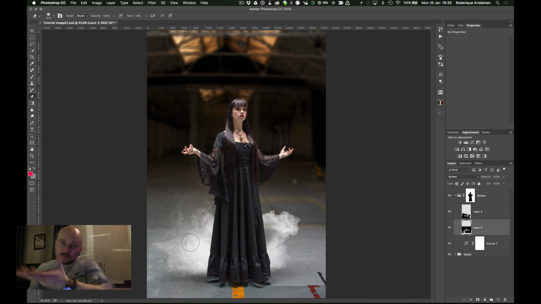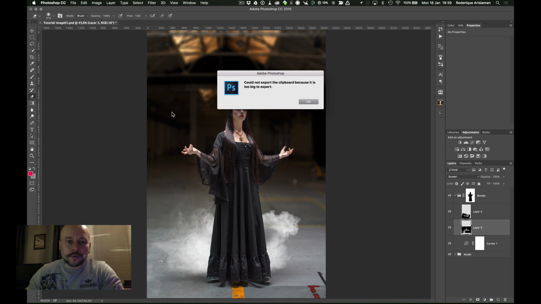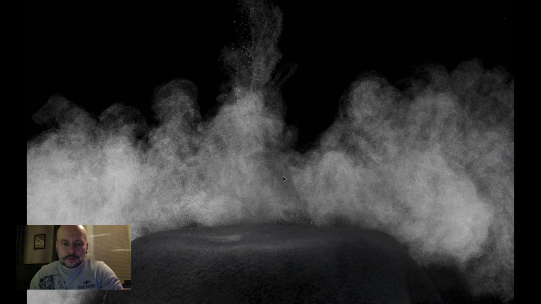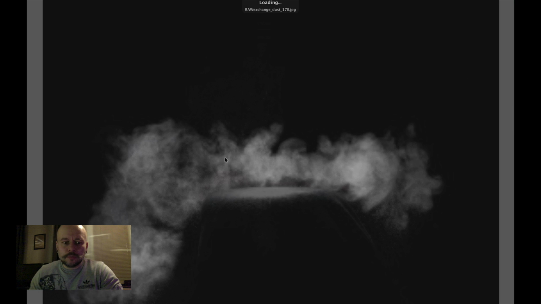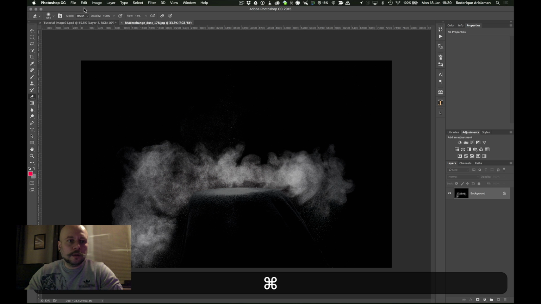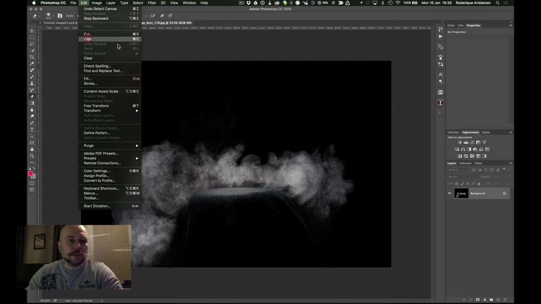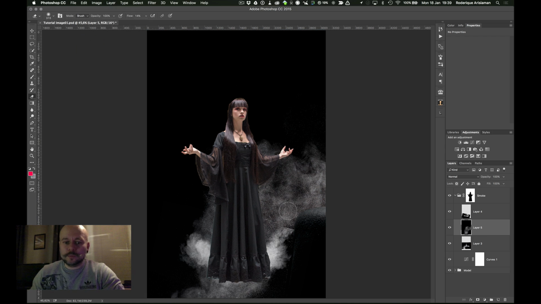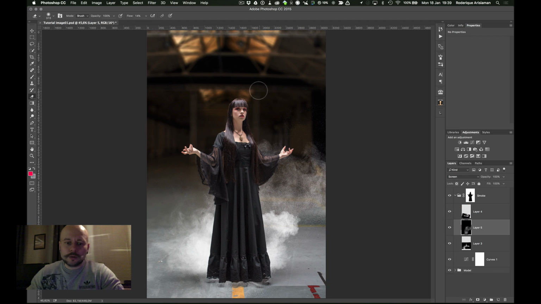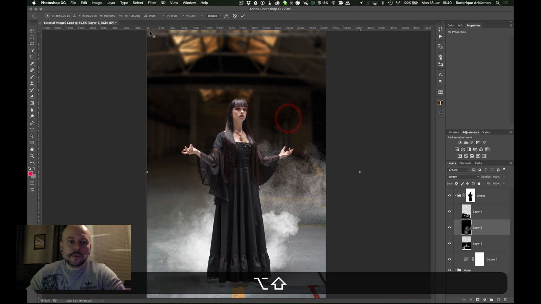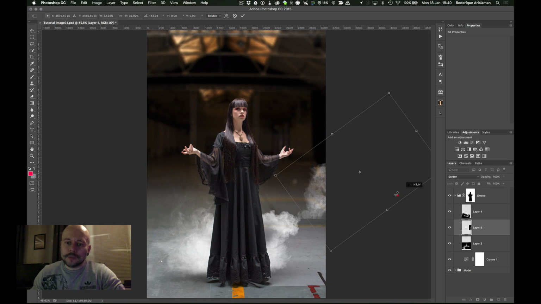Now, just having smoke on the back isn't really that interesting. We need to have some smoke that's going right in front of her. So let's find another smoke image, dust image to use. Which one? This one looks okay. Yep, I'm gonna use that one. Open it up. Again, select all, edit copy, file close, edit paste, normal to screen, Command T or edit free transform, scale it down again, maybe turn it around,